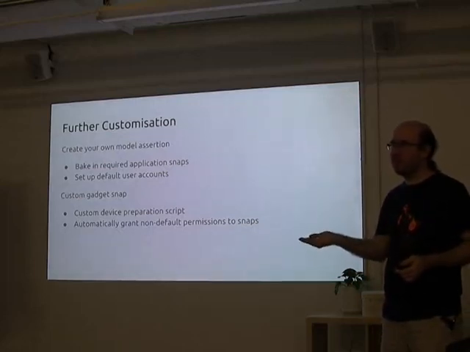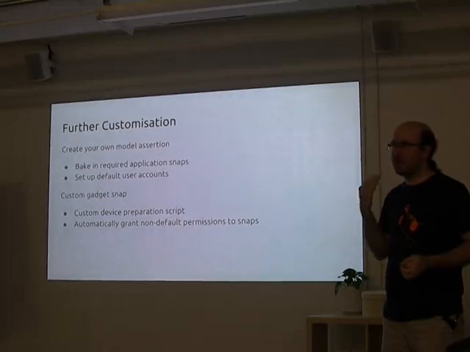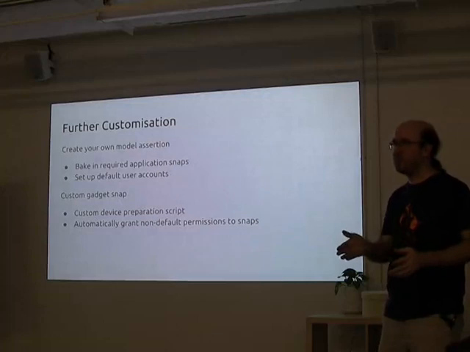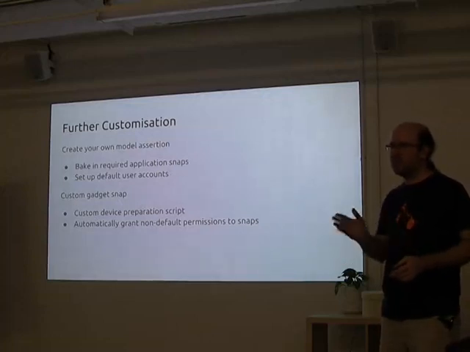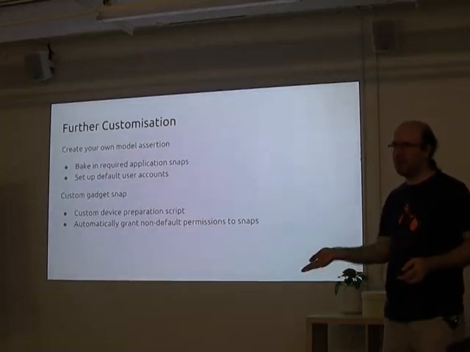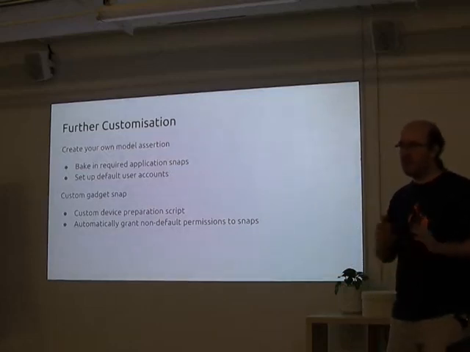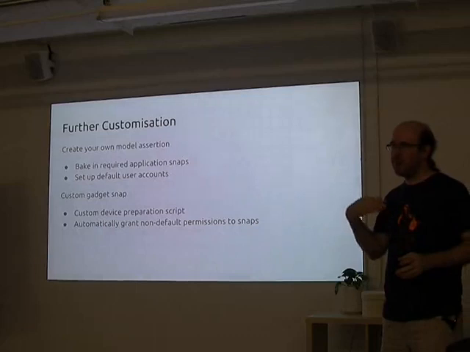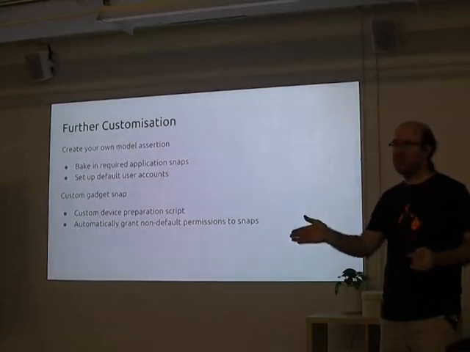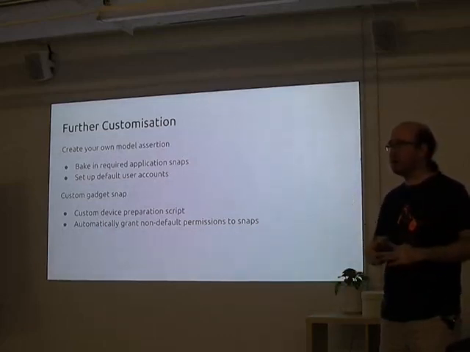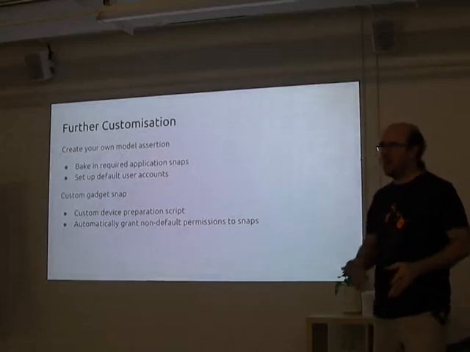There are some other services, like being able to access GPIO pins on a Raspberry Pi, that the application again needs to specifically ask for permission to use. By default, they won't be connected up, so you need to wire these things up afterwards. It is possible in a gadget snap to say that this particular application should be able to use